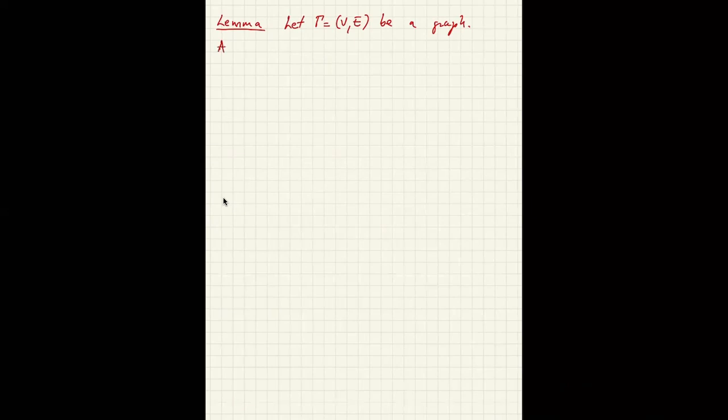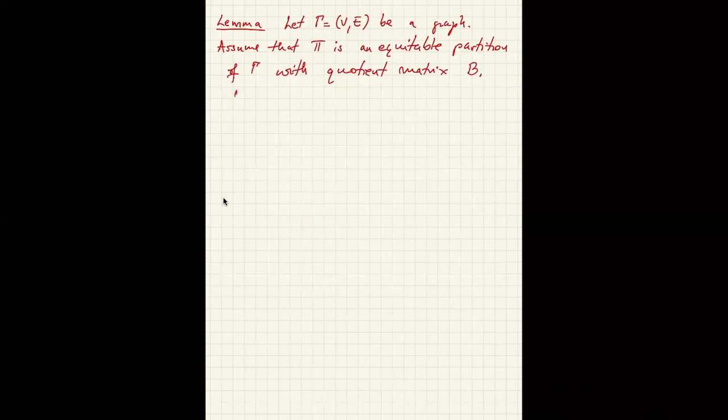And assume that pi is an equitable partition of gamma with quotient matrix B. So pi, as before, is x1 union through xn. Now, it turns out there's a relation between these A and B, and that involves what is called the characteristic